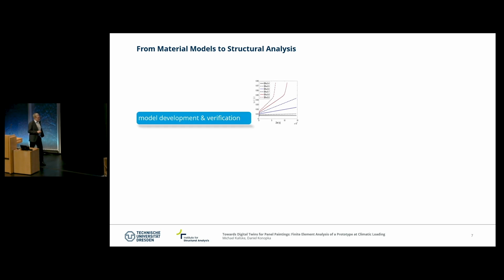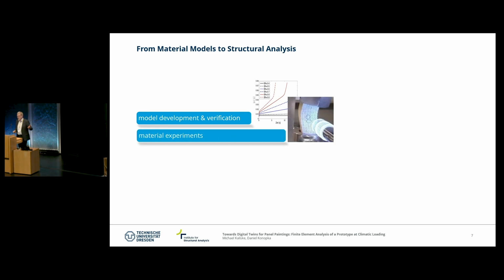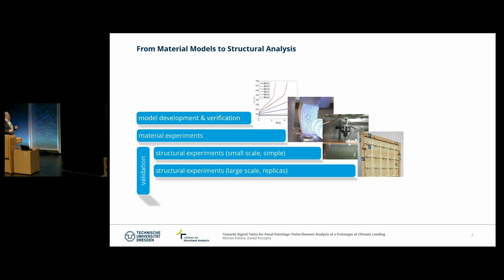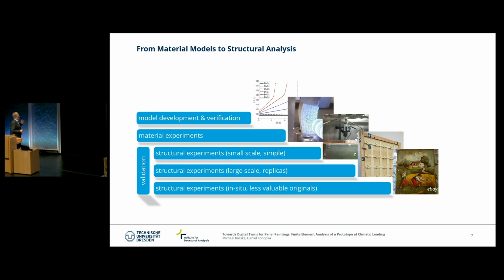with an overview, first of all, about the different steps to be looked at. We have to start, of course, with a material model, with a material point characterization, with some continuum mechanical approaches. We need to check, of course, if the models are doing exactly what we would like them to do. Then we need the experiments in order to identify the material parameters. Then the big steps of validation start, which means we have some first simple structural experiments to be carried out. We have more complex ones. We will look into replicas. And then we will come up even with some really complex experiments using maybe some originals.